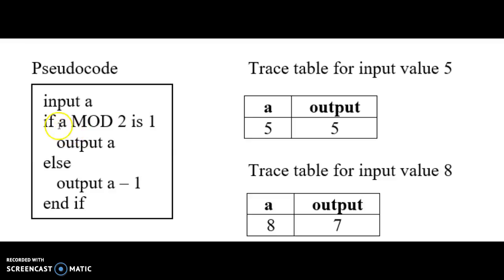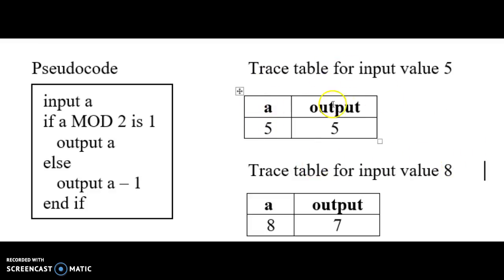So the code that immediately follows the if, the output A, is not executed. Instead we go to the else and we output A minus 1. A being 8 means that we output 8 minus 1, which is 7. As simple as that. So we have a trace table here for the input value of 5, another trace table here for the input value of 8,